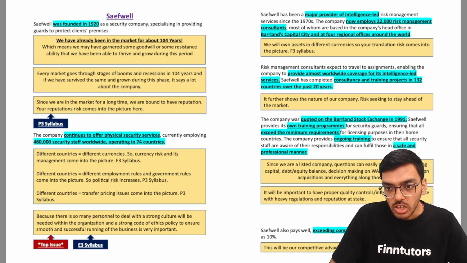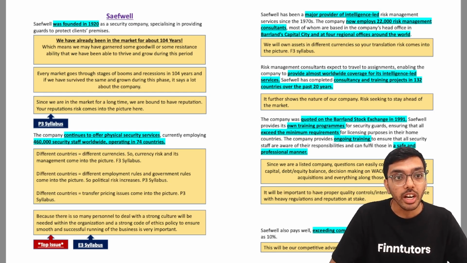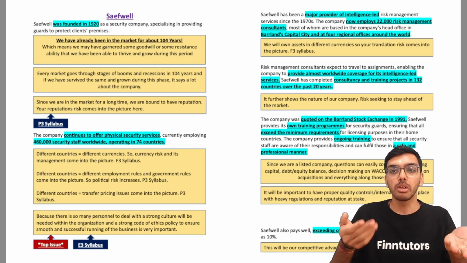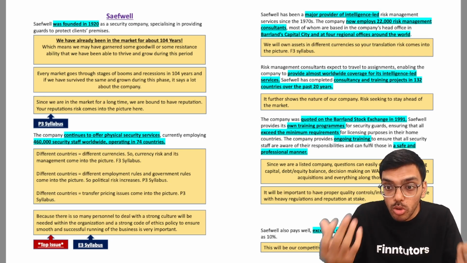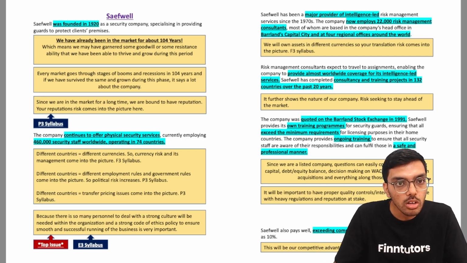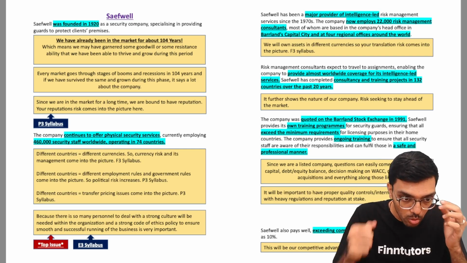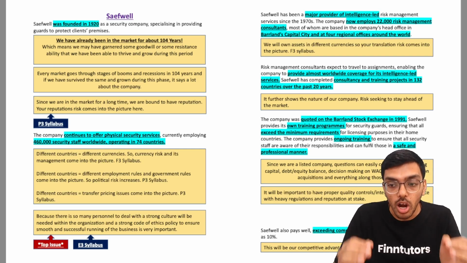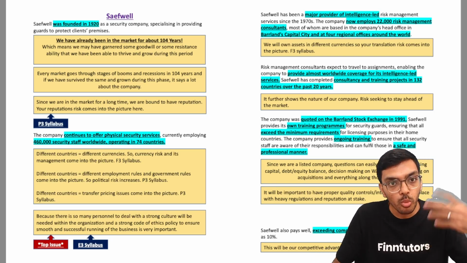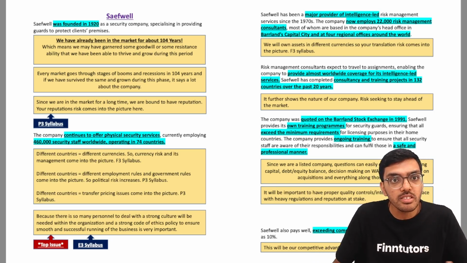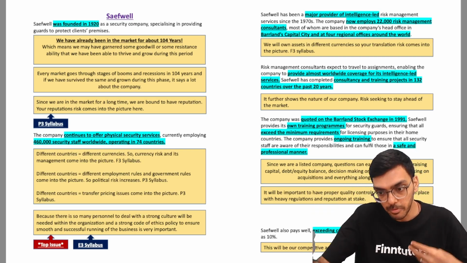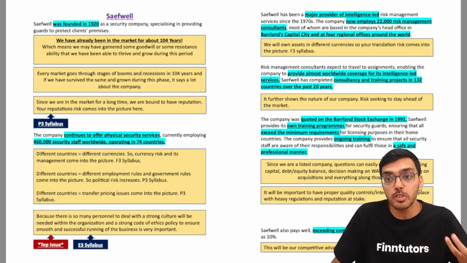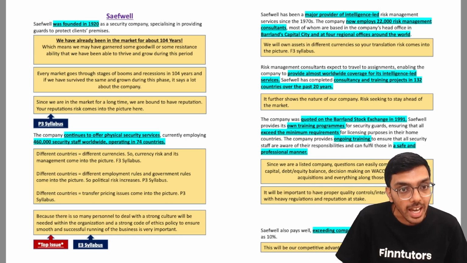Now, just imagine a company that has been in business for 104 years. Is it possible to survive without huge growth, without good customer base, without goodwill? Absolutely not. So you need to remember that you are a company that's been in the market for 104 years, which means you are like a legacy business in your home country specifically. Everybody will know your business in the security, may it be physical security or cyber security market, because you've been in the market for such a long time.